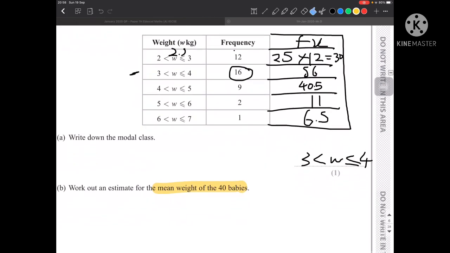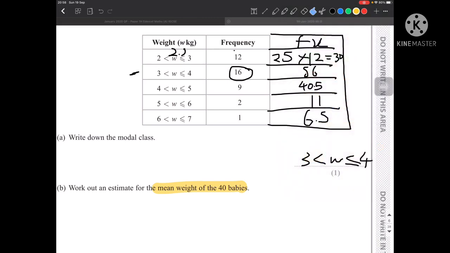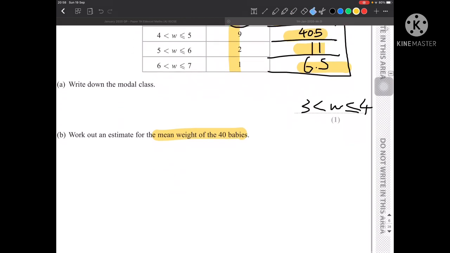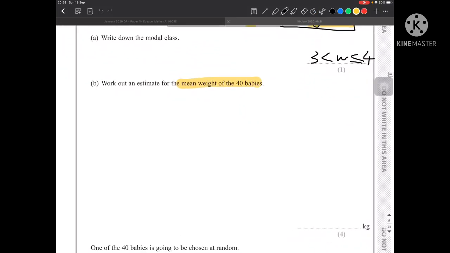Therefore, we need to find the total of this. We need to find the total of this whole fx, which is basically this plus this plus this plus this plus this. And then we need to find sigma f, which is the total of frequencies, that we already know, which is 40. Therefore, the mean, let's write that down. Mean